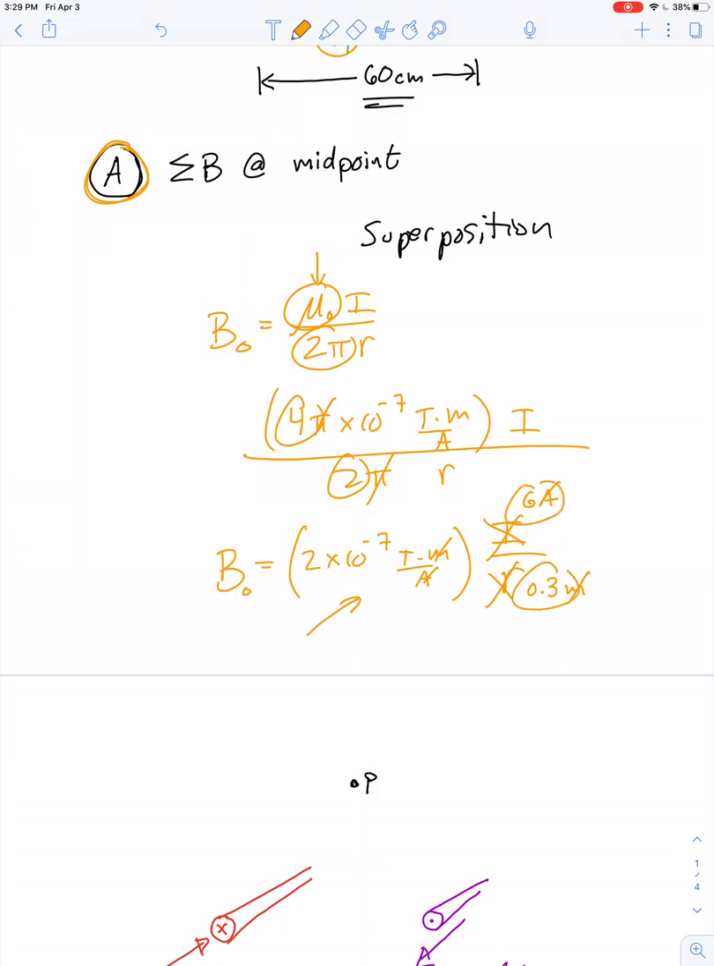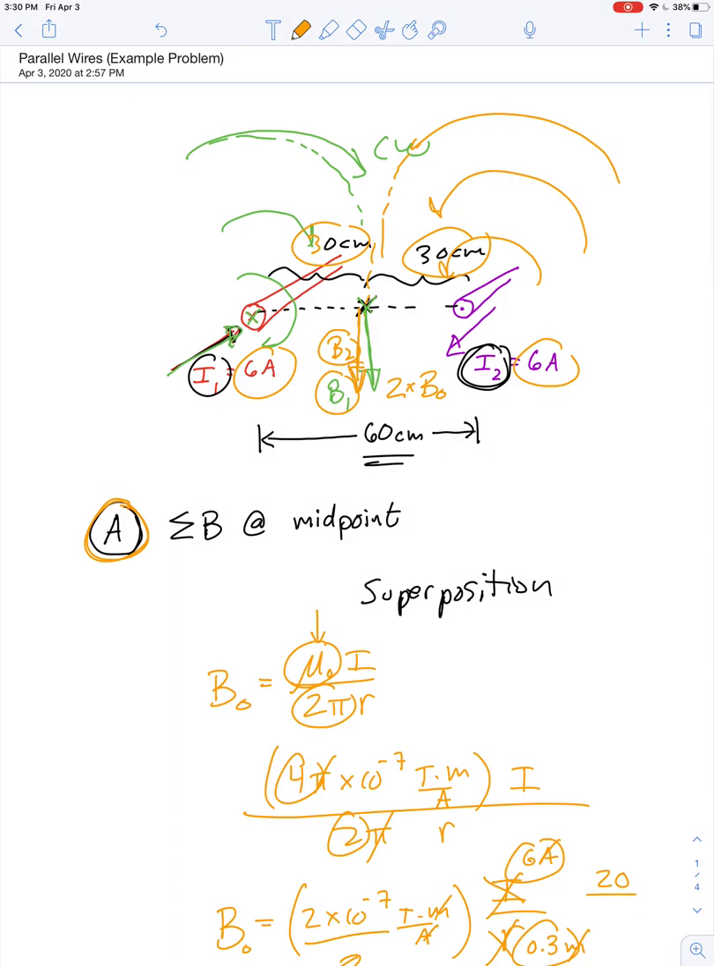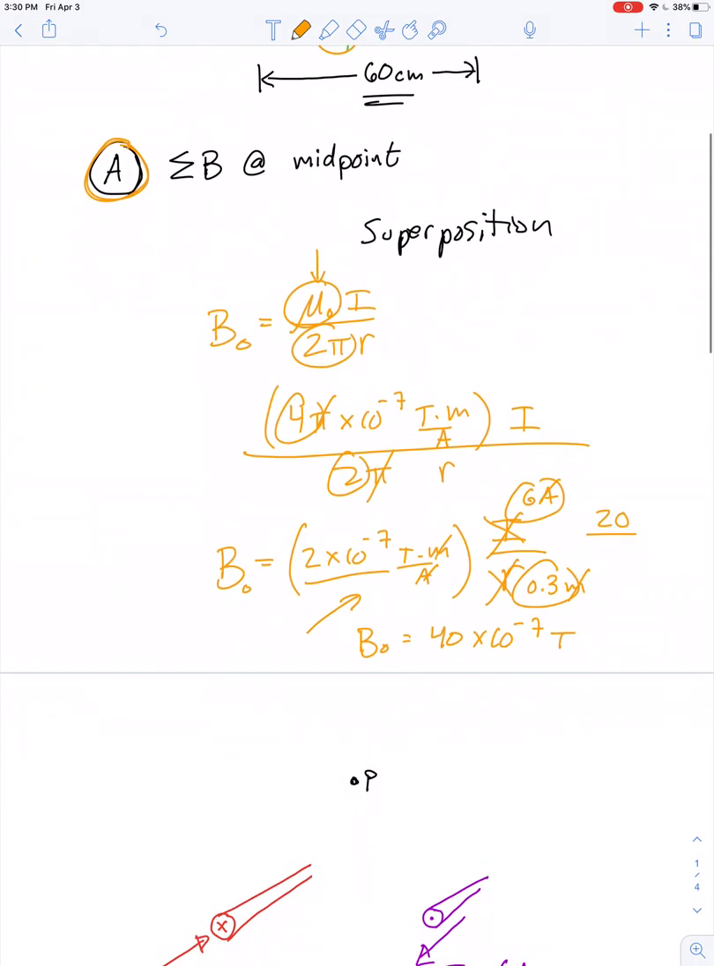6 divided by 0.3 is the same as 60 divided by 3, which will give you 20. So we've got 2 times 10 to the negative 7th Teslas times 20. So we get B naught is equal to 40 times 10 to the negative 7th Tesla. And because we have double that amount, because the superposition principle says the effect of both currents add together in this case, then the net magnetic field at the midpoint is equal to 80 times 10 to the negative 7th